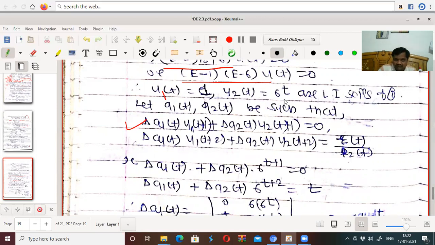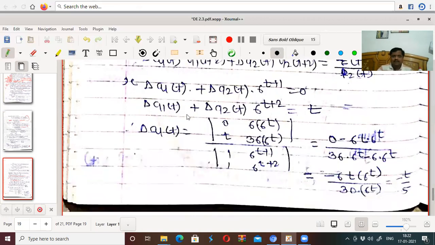As u2(t) is 6 to the power t, u2(t+1) becomes 6 to the power t+1, and u2(t+2) becomes 6 to the power t+2. Okay, so we get this one, 6 to the power t+2. Hence, by using Cramer's rule, which rule we are using here? Cramer's rule. So delta a1(t) is equal to